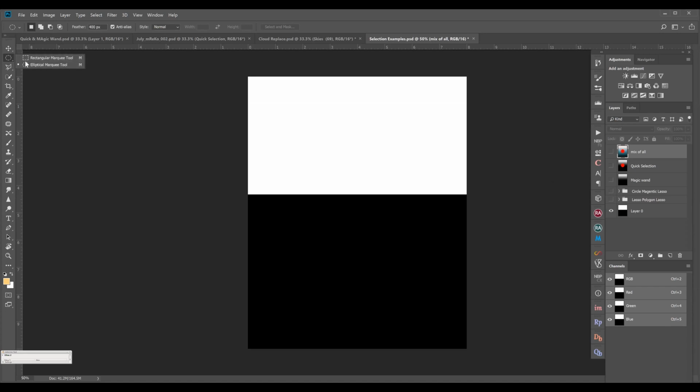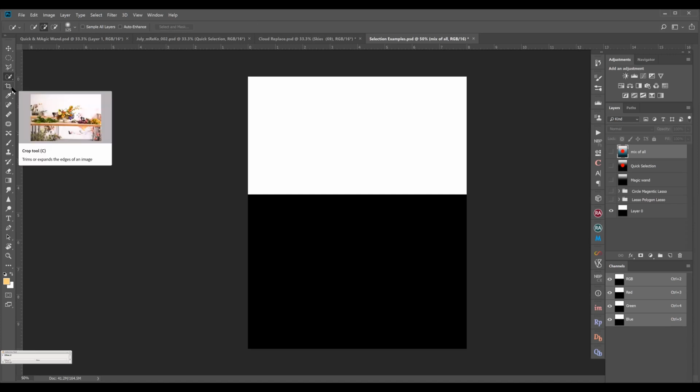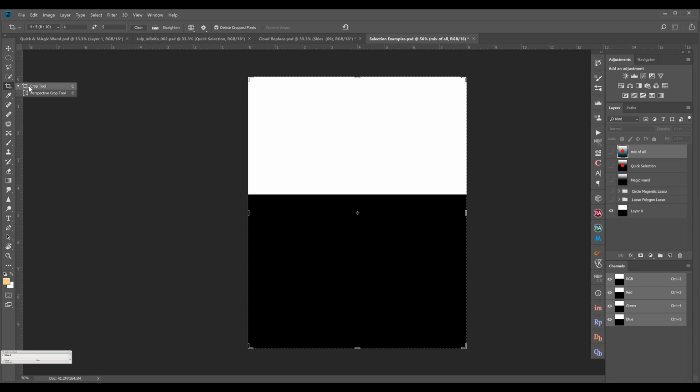For instance, there is a rectangular tool, an elliptical tool. Similarly, when I click at the lasso tool, I get a normal lasso tool, a polygon lasso tool, and a magnetic lasso tool. And when I click this quick selection, I get a quick selection tool and magic wand tool. And when I click the crop tool, I get a crop and perspective. So there are multiple tools hidden inside each and every tool.